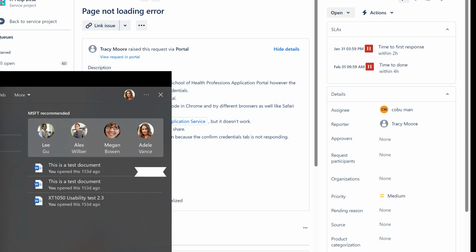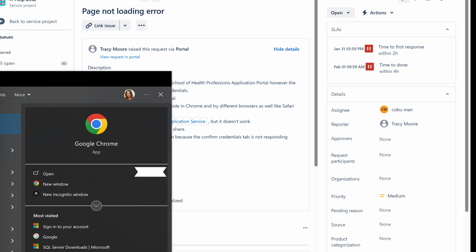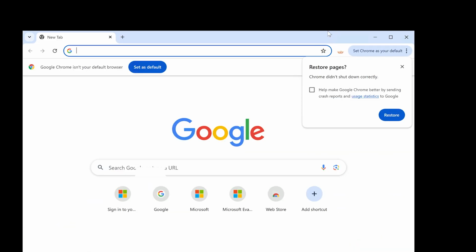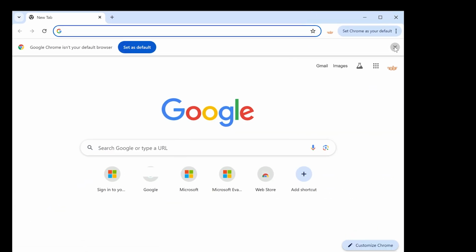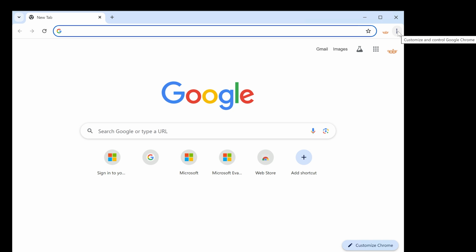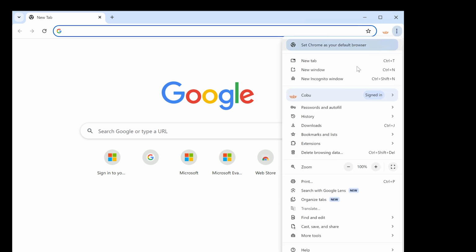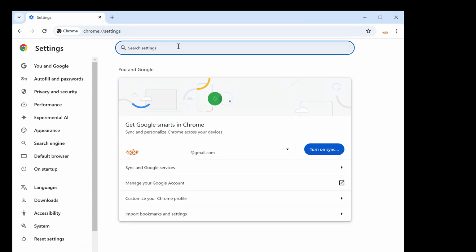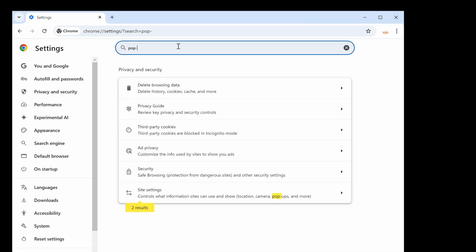So let's look at Chrome and some things that we can make sure are enabled. Let's go to the three dots here on Chrome. On top here, let's go to settings and look for pop-ups. Nowadays, web browsers